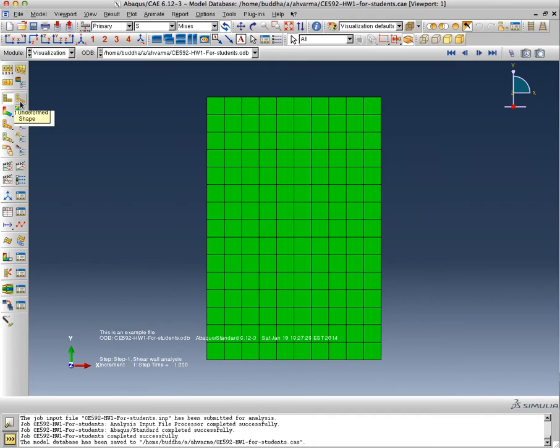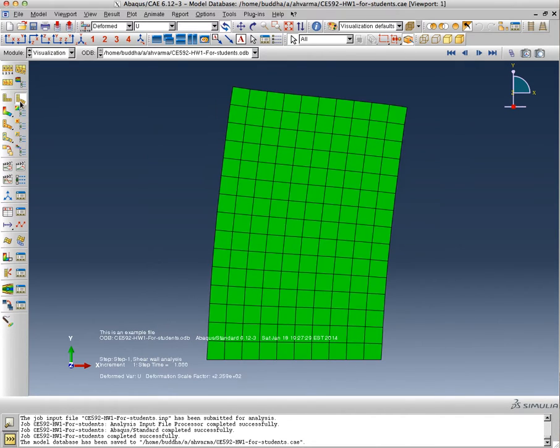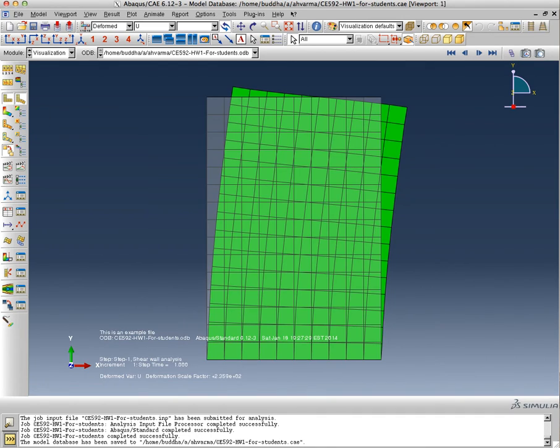So first what we'll do is we'll plot the displaced shape. And that's what the displaced shape looks like. If I wanted to plot both the undeformed and the deformed shape, then I would use this icon which says allow multiple plot states. So I'll click that, and then I'll plot both the undeformed and